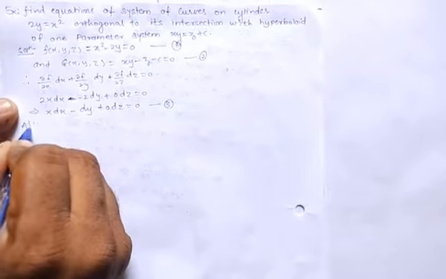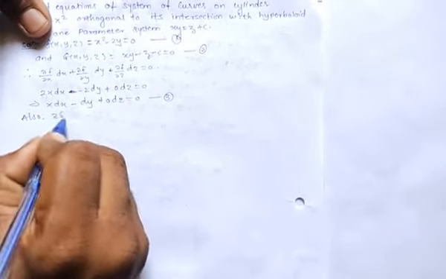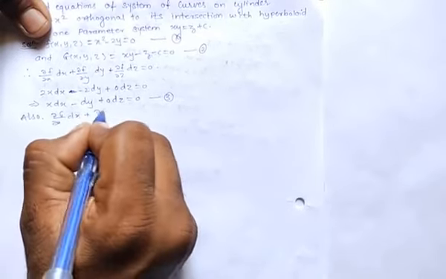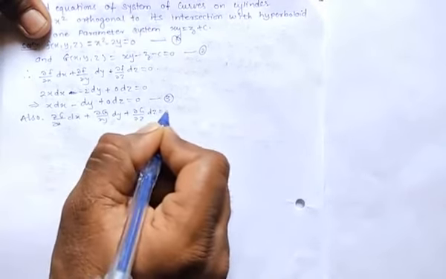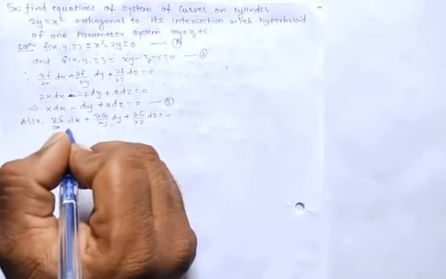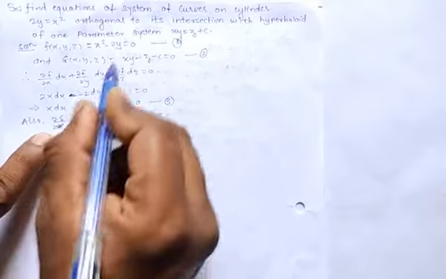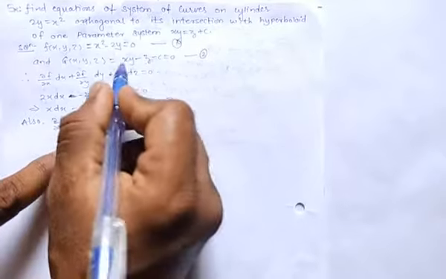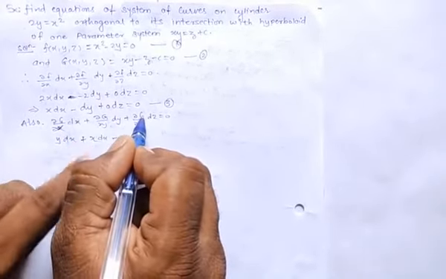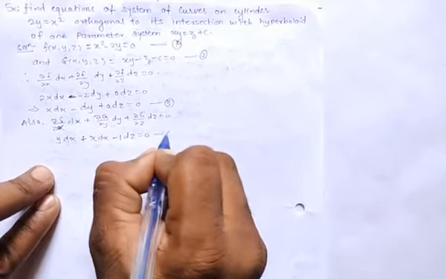Also, what we have given is g, a function of x, y, z, which is xy minus z minus c equal to 0. We have the equation ∂g/∂x dx plus ∂g/∂y dy plus ∂g/∂z dz equal to 0. What is the derivative of g with respect to x? It is y dx, plus the derivative of g with respect to y, which is x dy, plus the derivative of g with respect to z, which is minus 1 dz, equal to 0. Call this equation number 4.